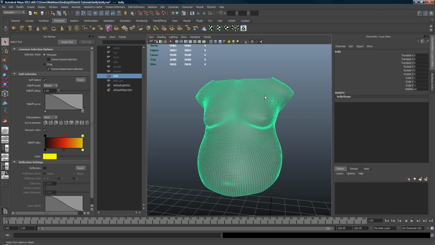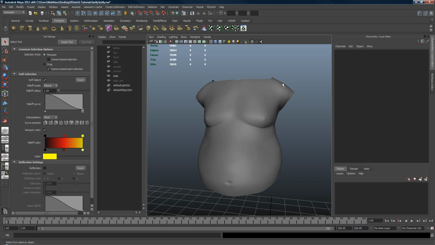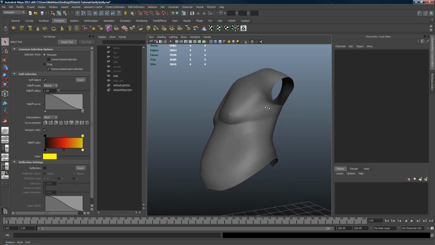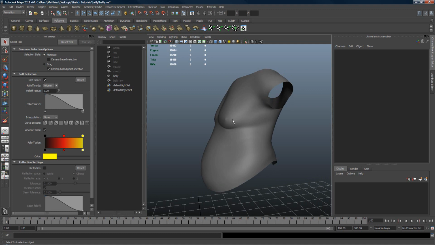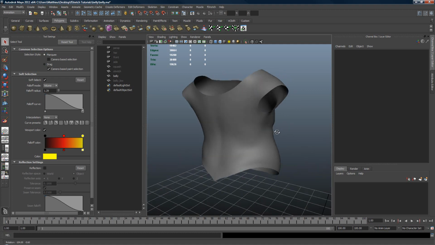Hi there, my name is Matthew, and in this example I'm going to show you how to use fStretch to make a belly rig with believable fast deformation happening here. So here is a quick